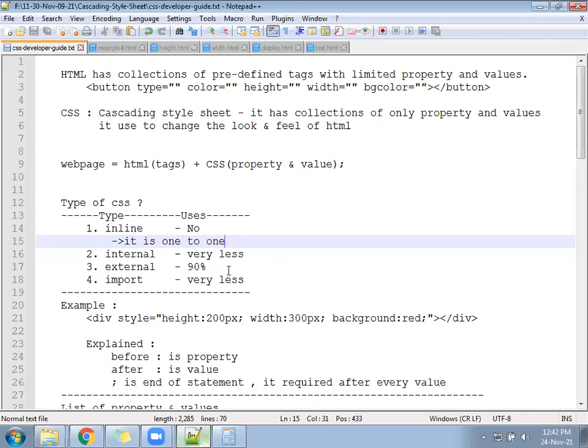Then I asked the people there, do you think you are going to create the 7th version of HTML or the 6th version of HTML? Some people say 7th version, some say no. That means completely no idea, zero knowledge, correct?